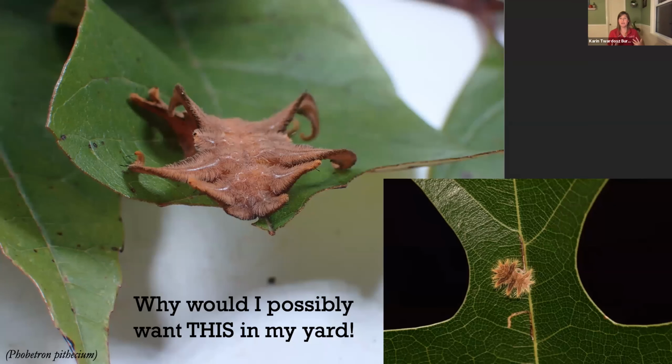So then for me, the question becomes, why would I want this in my yard? Other than it's gorgeous and the cutest second instar caterpillar, which you can see on the right here. It's also a mimic of tarantula skins. It's the only member of its genus that is north of Mexico and outside of tarantula range, and it still apparently looks like a tarantula. So I would encourage you to try to plant things to get this hag moth or monkey slug caterpillar in your yard.